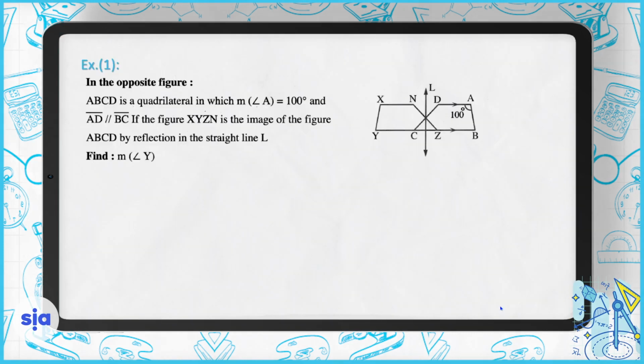ABCD is a quadrilateral in which the measure of angle A is 100 degrees and AD is parallel to BC. If the figure XYZN is the image of the figure ABCD by reflection in the straight line L, find the measure of angle Y. If XYZN is the image of ABCD,